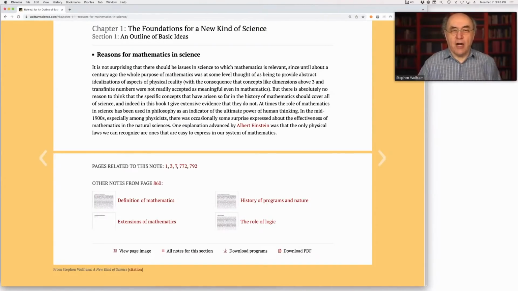I have to go look up where Einstein said that, because from what I now understand, probably a century after that was said, from what I finally understand, that's a statement rather close to the mark. I think this idea that the only physical laws we can recognize are ones that are easy to express, he said, in our system of mathematics, but I might say in our kind of cognitive framework,